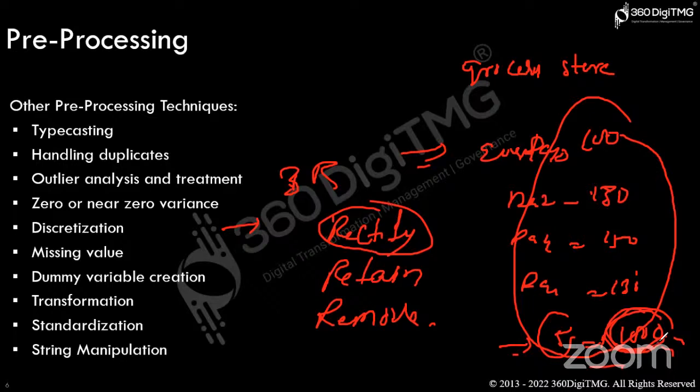Is it going to last for a long time, or simply there for just one day? If it is a genuine entry, how do you know whether it is genuine or not? You will check other entries as well. In that case also, if you are getting near to 1000, you can consider it as a genuine entry. But if it is not the case, and again it started having the sales of 130,